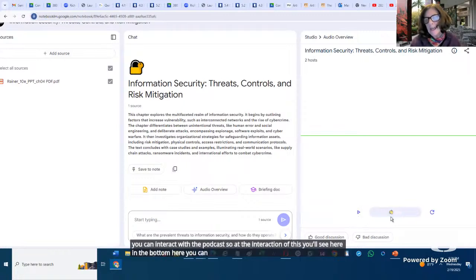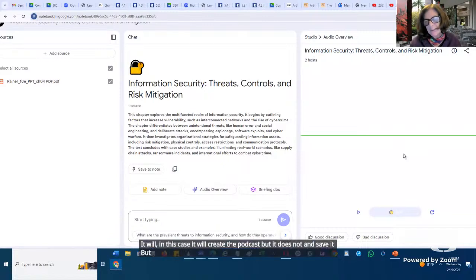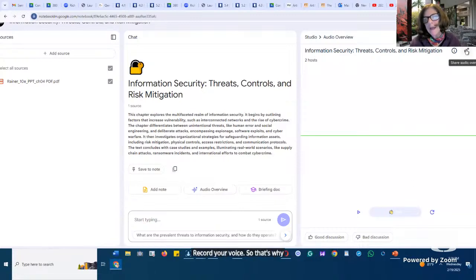When you play it, you can join the discussion, but it does not record your voice. So that's why you want another recorder like Zoom to record your interaction with it.